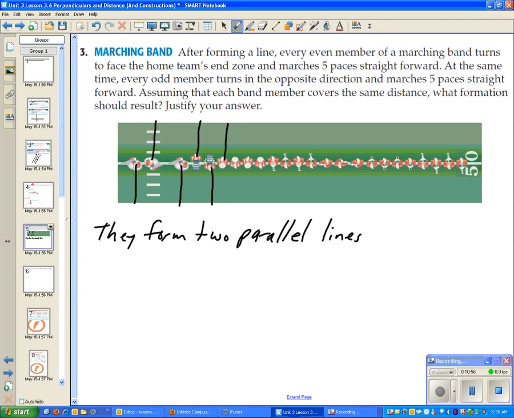Ooh, and you know what else would be true about those parallel lines? Yeah, they're each going to be equidistant from the 50-yard line. They're going to be 10 yards apart. Now, how do you want to say all that? Let's just say it. They form 2 parallel lines